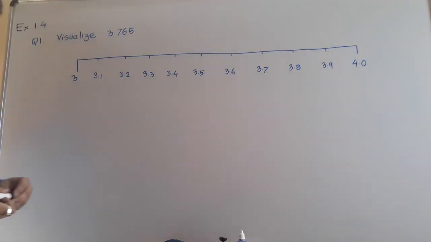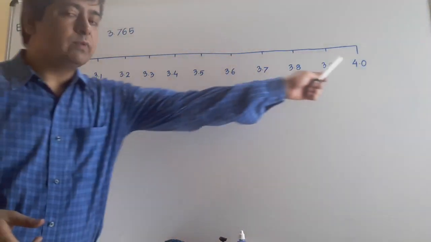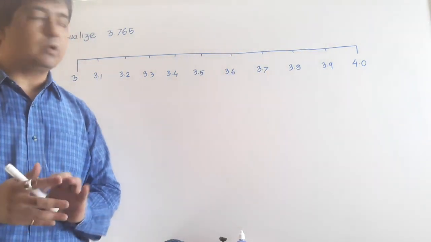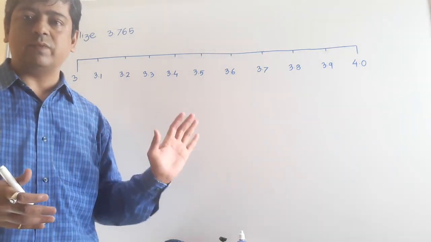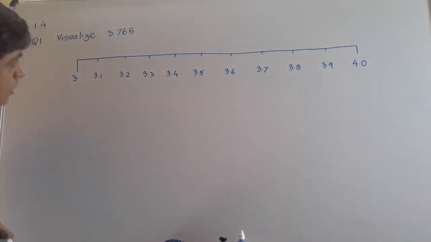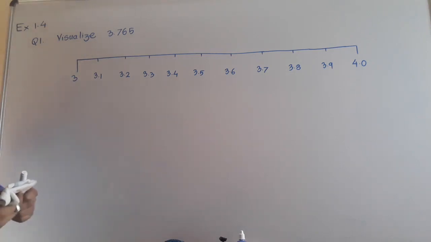Okay, so remember you have to mark these points with the help of a ruler. The whole figure should be drawn with the help of a pencil because we can make some mistakes. That's why please draw it with a pencil. Now see, I will see where my number is.